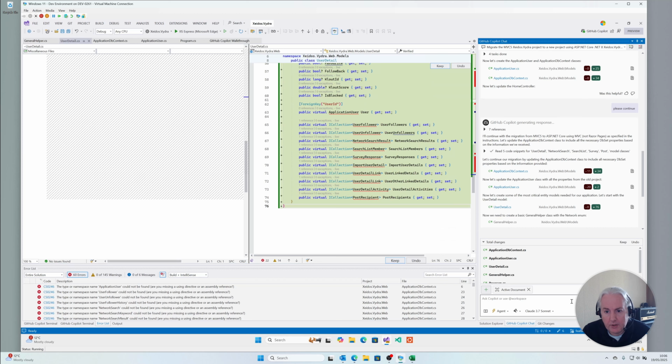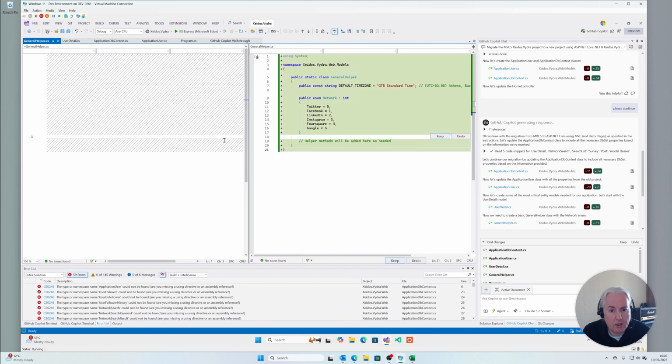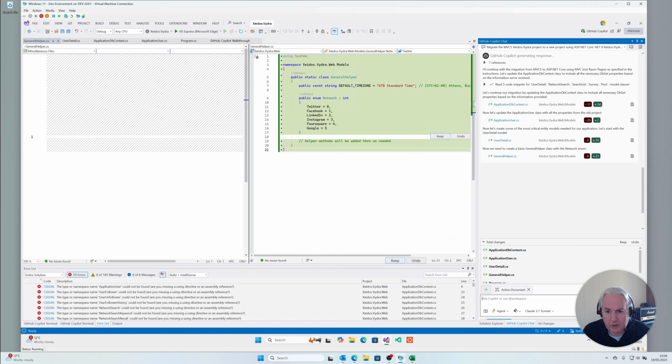But it's kind of carried on. It's putting some of the dependencies in there, and I've got 59 errors. It's going to go through some of the other models, I think, in a minute, kind of correct some of those errors down. But yeah, that kind of half making changes is a bit concerning, really,